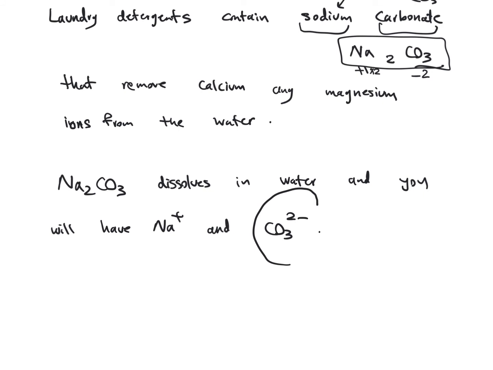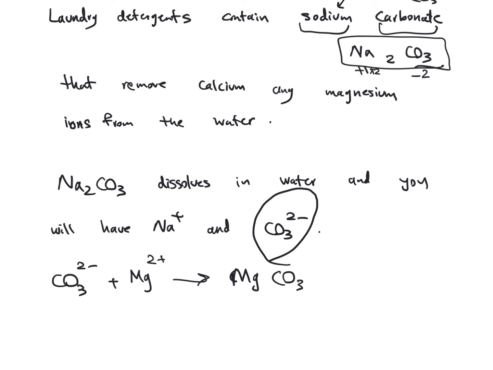And then this carbonate reacts with the metal ions, such as magnesium or calcium that we mentioned, and forms a solid precipitate. So basically you have CO3 2- plus Mg2+, and it gives you